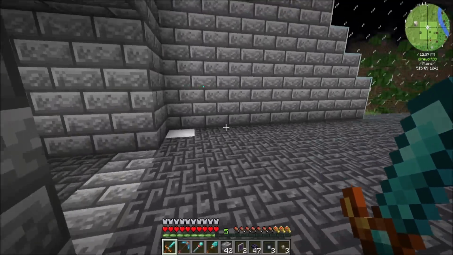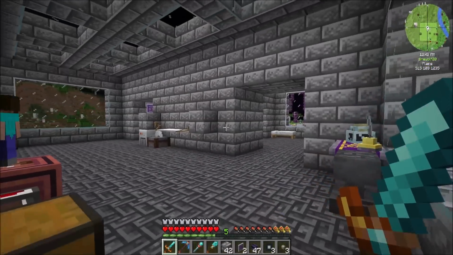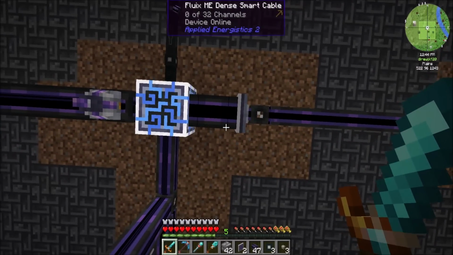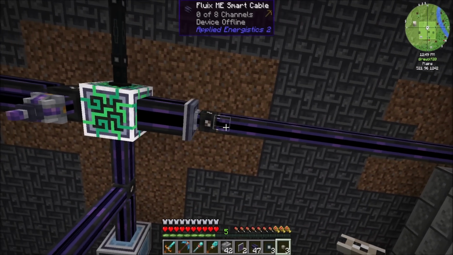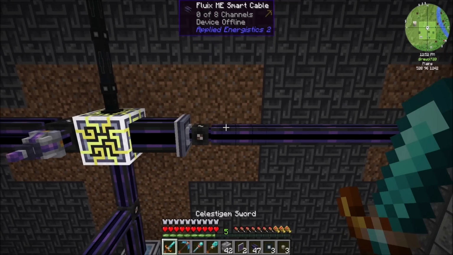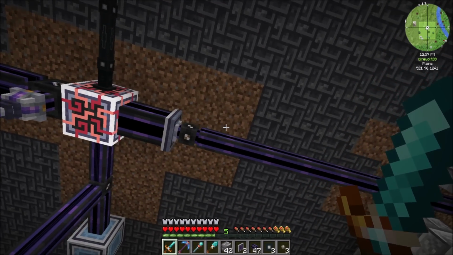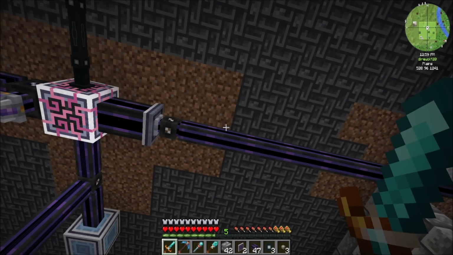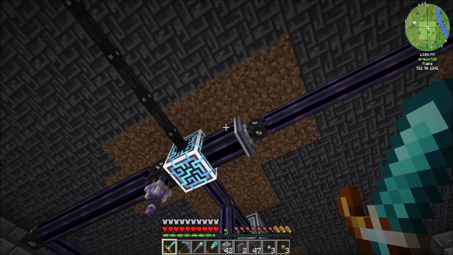The cool thing about quartz fiber is it can send energy through itself, but it won't send network data. So we can keep these two channels separate because we don't want these two networks to talk to each other, because they're kind of separate. Like this is going to be 32 channels of the real data, and this is going to be what's called a sub-network. It's like a smaller little individual set of channels that shouldn't ever connect to or talk to